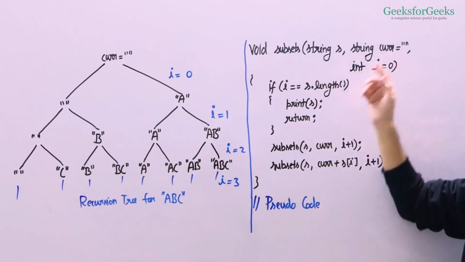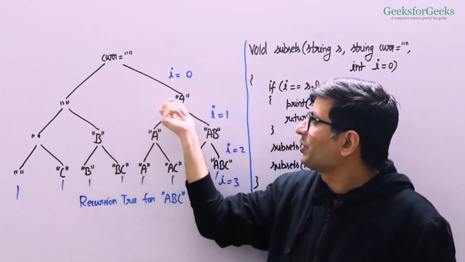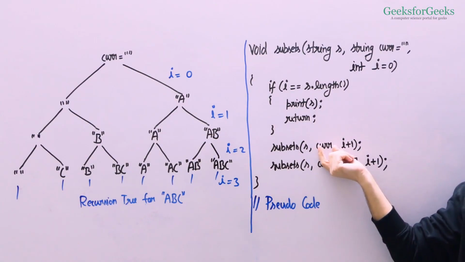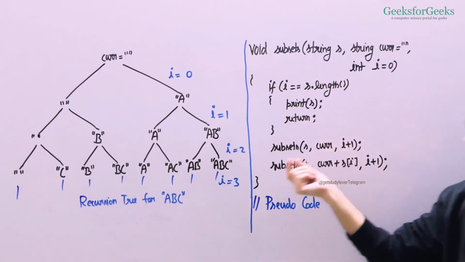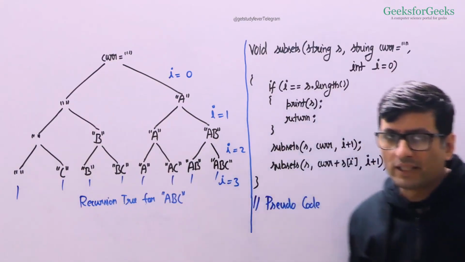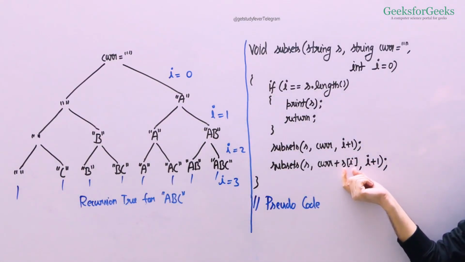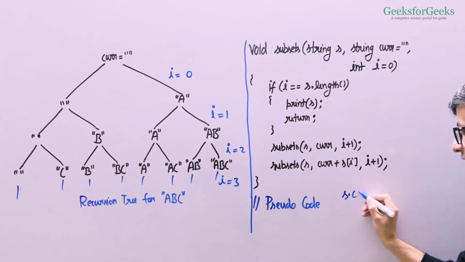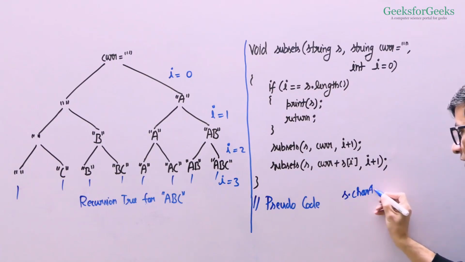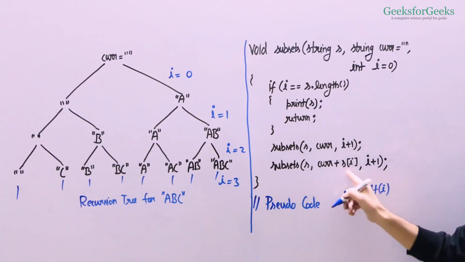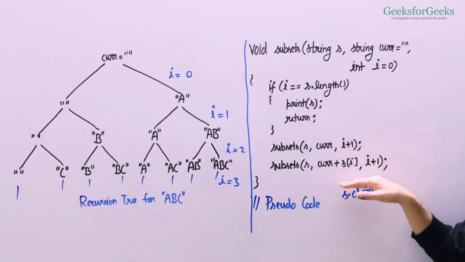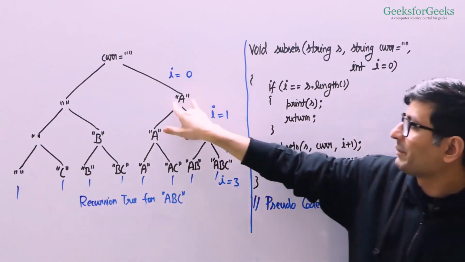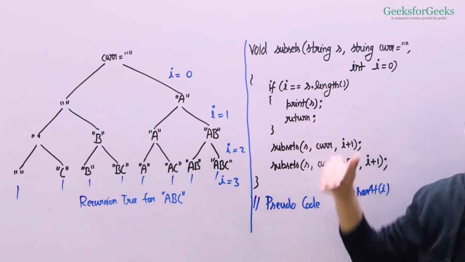So initially we pass 0. When we pass 0, we are going to consider the character A. So what are we going to do? We are going to pass the current string as it is. So the empty string is passed as it is, and this is what this node represents. And then in the other recursive call, we append A. So again, if you are programming in Java, you need to use syntax like s.charAt(i) here. In Java, this indexing does not work with strings, right? So you need to use something like this in Java. So we append the character A with the current, right? And now current becomes capital A. So this represents this node for the I equal to 0 call.